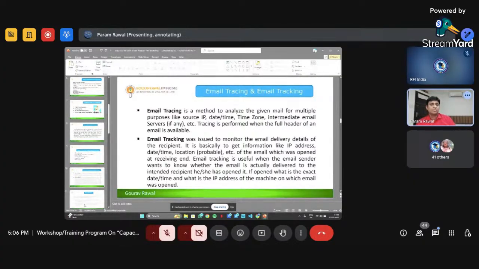We used to keep a track record of that. Otherwise, in common email, we are not sometimes interested. Once we send the email, maybe the person may open it as and when he or she has a comfortable time. So our intention is not to track the email, but for the legal purpose, it sometimes plays a very important and vital role, because this is also a kind of digital evidence that the person was already informed well in time. Especially in the court, the summons of the Supreme Court and High Court,